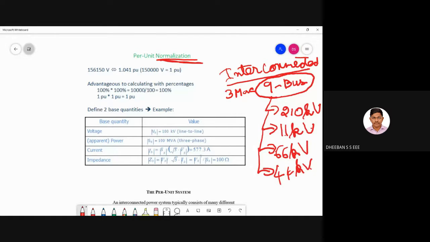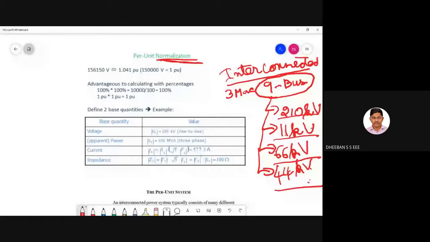These are all possible voltage ranges in the interconnected power system network. Hence it will be a very difficult and tedious task to keep an eye over all the